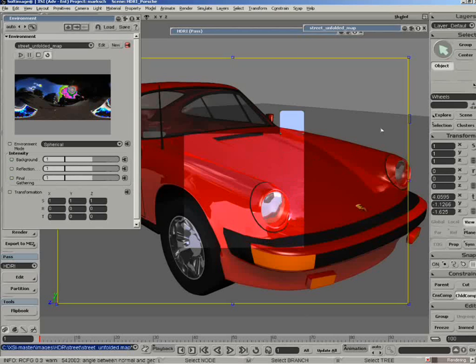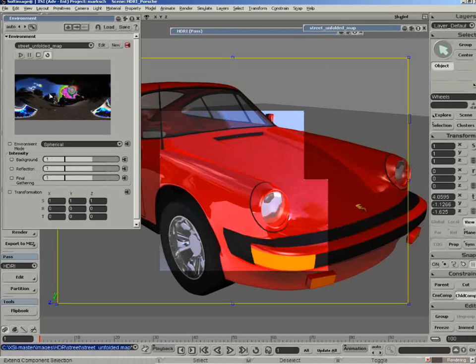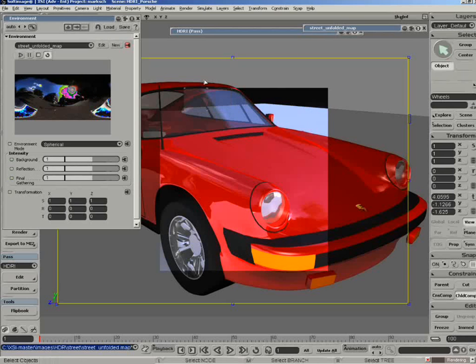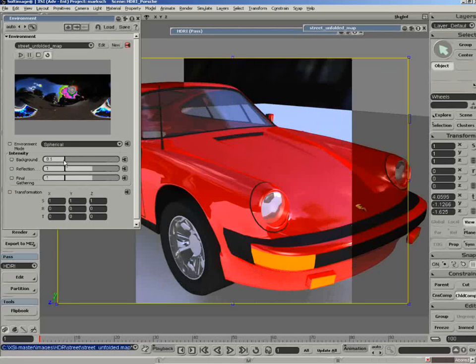Now it's a little bit too bright, so I'm going to make a couple of changes. The first, I want to get rid of the background. The background is going to take the image that we see here and in effect wrap it around a sphere, which we'll see in this area here in the environment. So I'm going to turn that off by just sliding down the background value. For the reflection, I'm going to make this reflect a little bit more, so we'll bring this up to about 1.5, and also we'll increase the final gathering value to about 1.5,